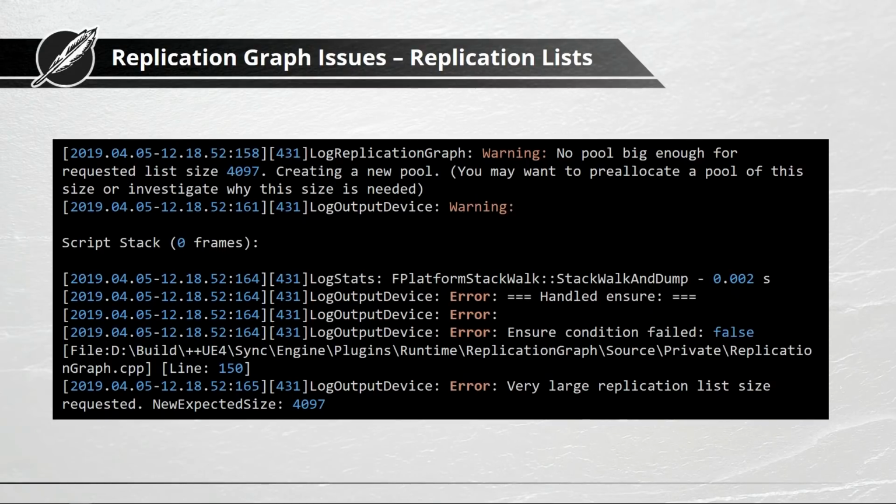But we had another warning which resulted in huge hiccups due to the stack walking stuff, which happens in editor builds. This is related to the size of the replication lists. In our test map, we had many trees, and all of these were put into some node, in this particular case the only node we had.